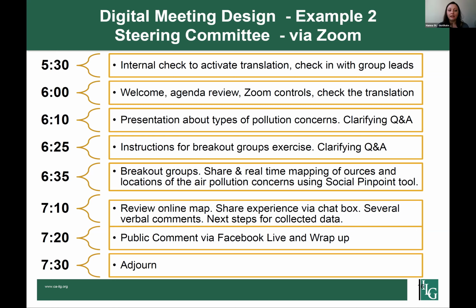And at the end of the meeting, there was an online map from Social Pinpoint with feedback from 5 or 6 different groups. The participants had an opportunity to see right away how their feedback was incorporated and what the jurisdiction is doing with their feedback. The result was a heat map, and each individual's feedback was part of the larger heat map. So this is just another idea for a meeting design for the groups.